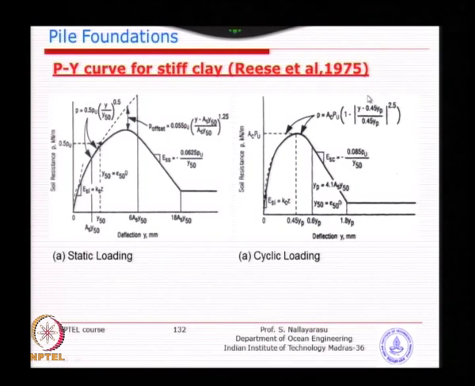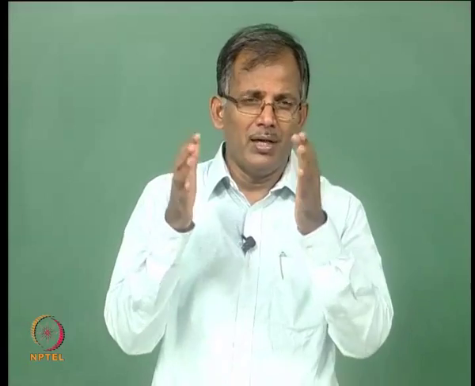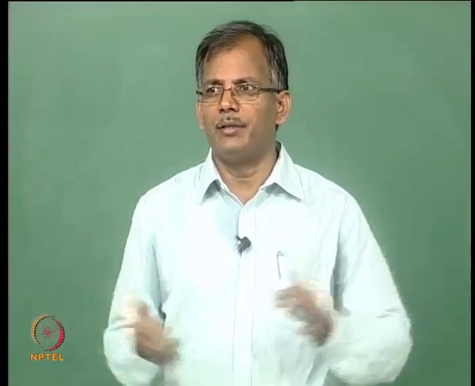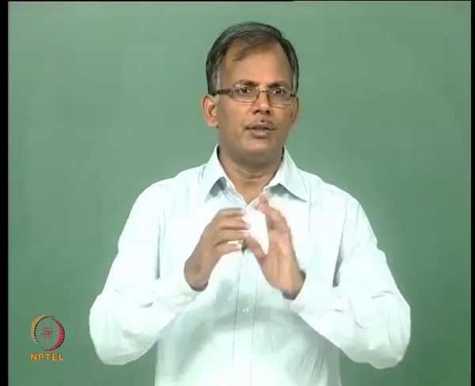He did quite a bit of field work, but it was not done offshore, it was done onshore, and later several others have given modifications to his equations. There were 2-3 publications. So, we have to take the original equation proposed by Reese and modify it to offshore conditions, because all his prototype testing was done in a small pond. Of course, he created conditions artificially very similar to marine conditions, but it was a freshwater pond, and he tested diameters less than 300 mm, not 500 mm or 1 meter, because it was too troublesome. So, he did very small diameter prototype testing just to look at how the behavior is.